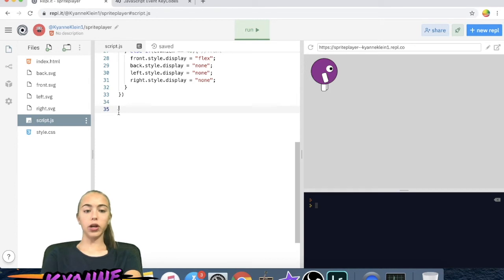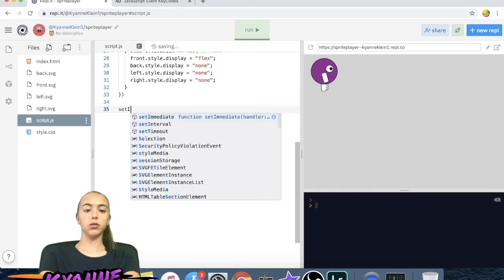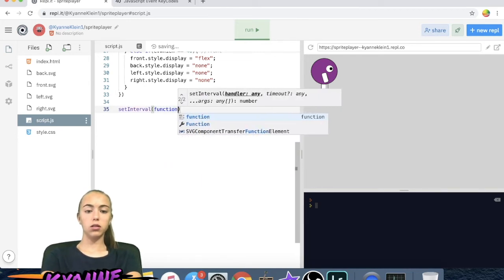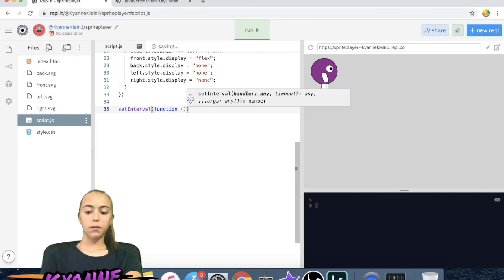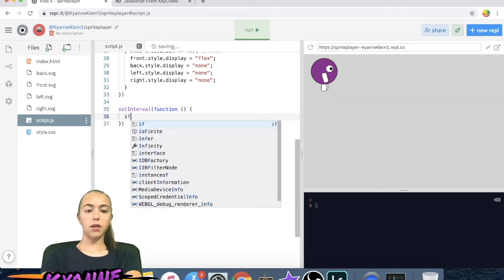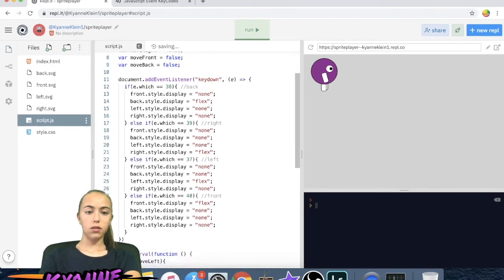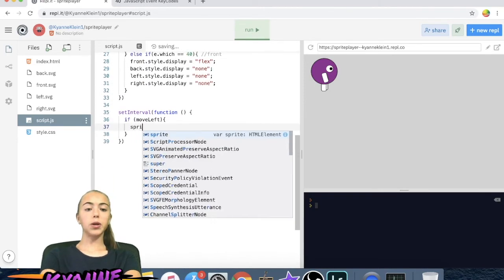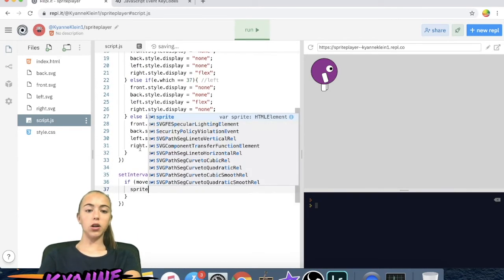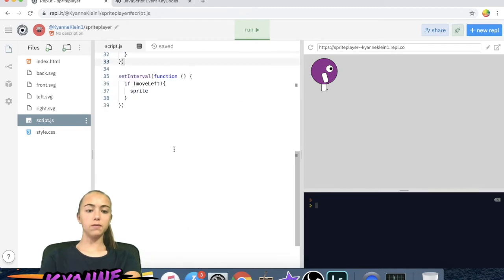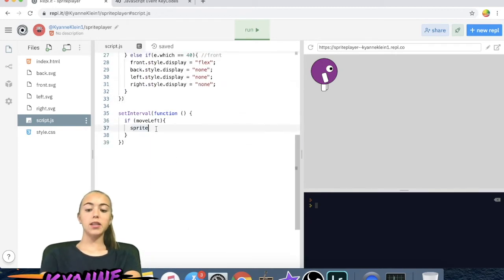So to do it, we're going to say setInterval, function, if moveLeft, sprite, that's our variable right here, which is just the character sprite. sprite.style.top equals